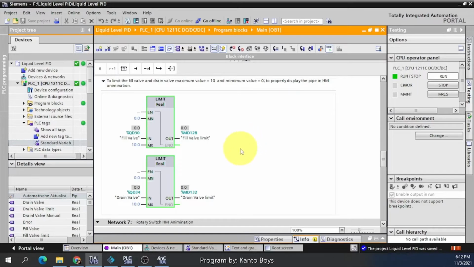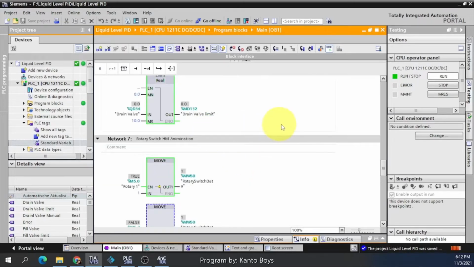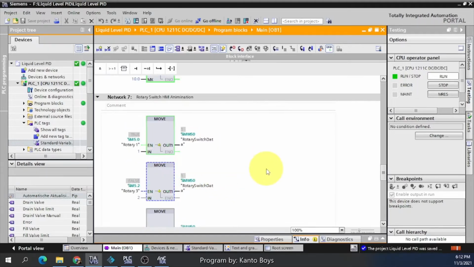If it is 10 volts, it is fully open, and between 0 and 10 it is partially open. For example, if the value is 5, it is half open, so 50% of the valve is open.